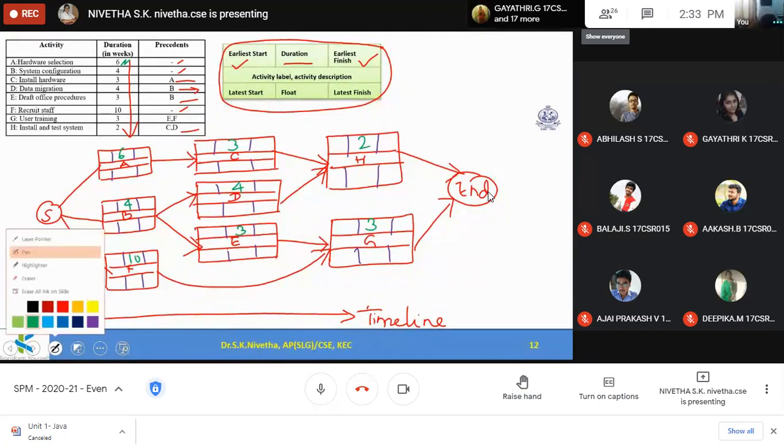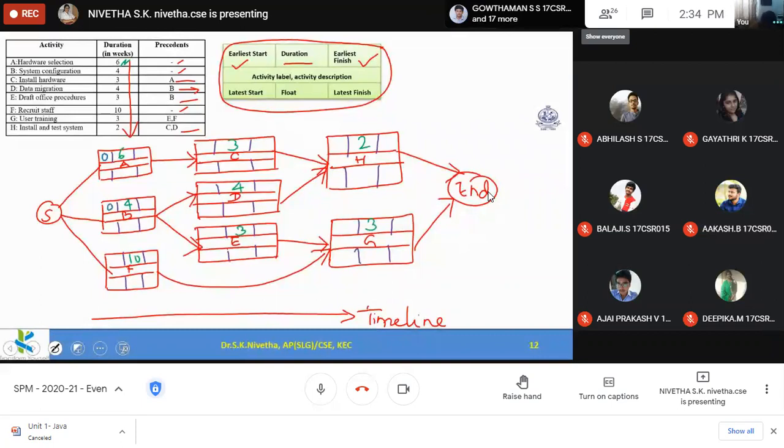Now we shall calculate the start date, earliest start. What is the possible time to start the activity? A, B, F, these three don't wait for anything. So in the 0th week itself, I can start all these. Earliest start for these three is 0. So when will it end, earliest finish? A requires 6 weeks to complete. So I am starting in the 0th week, which means at the 6th week I will complete this.